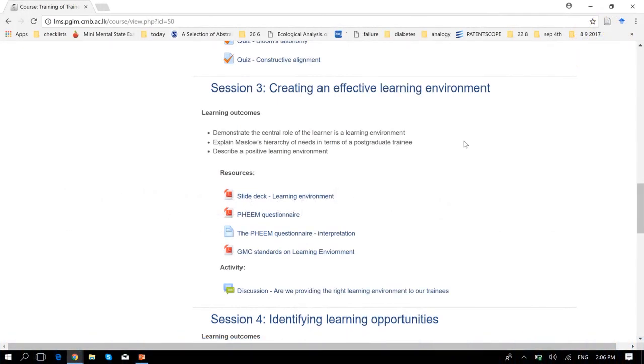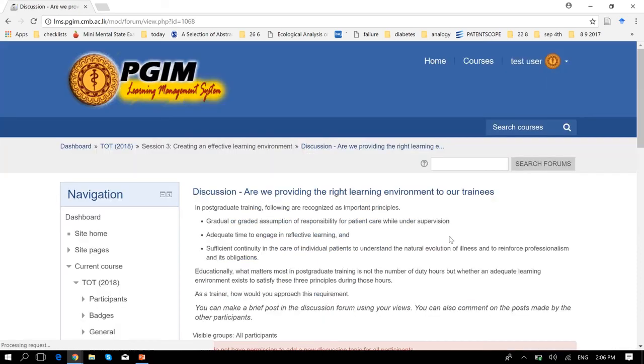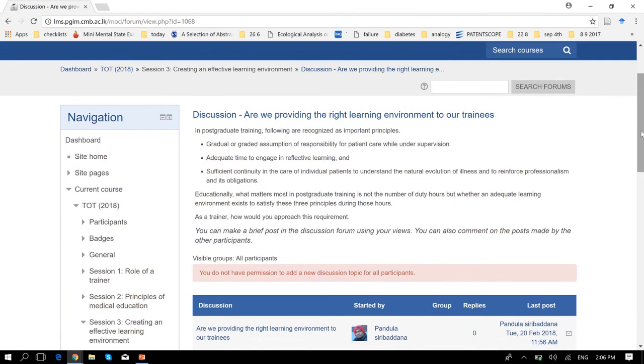A different type of activity that we have in our online platform is the discussion threads. For example, in session 3, you can see that in the activity section there is a discussion on: are we providing the right learning environment to our trainees? When you see a discussion icon and click on it, you will be taken to a different screen